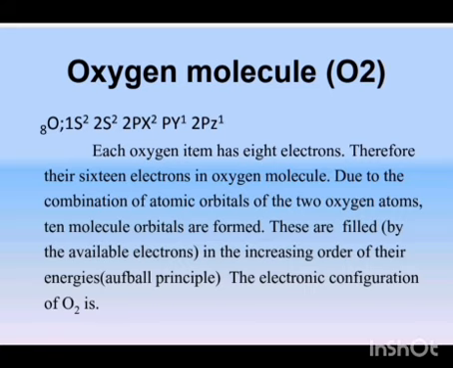8O means 8 oxygen atoms, 1s2, 2s2, 2px2, 2py1, 2pz1. Each oxygen atom has 8 electrons, therefore there are 16 electrons in the oxygen molecule. Due to the combination of atomic orbitals of the two oxygen atoms, 10 molecular orbitals are formed. These are filled in the increasing order of their energies. The electronic configuration of O2 is